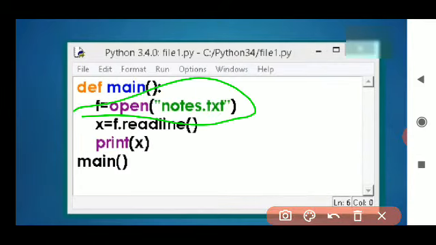Here x is equal to f dot readline. That means this function returns the first line of the notes.txt file, and this line is stored in x. Then we pass it to the print function, and this line is printed on our screen.